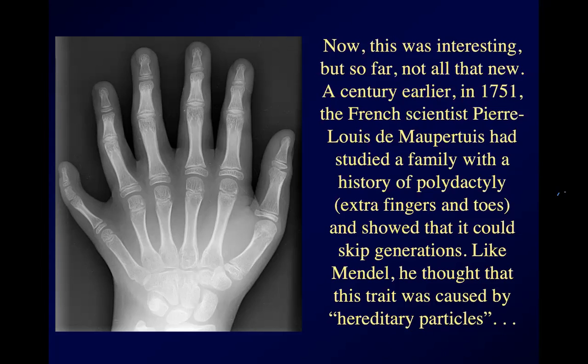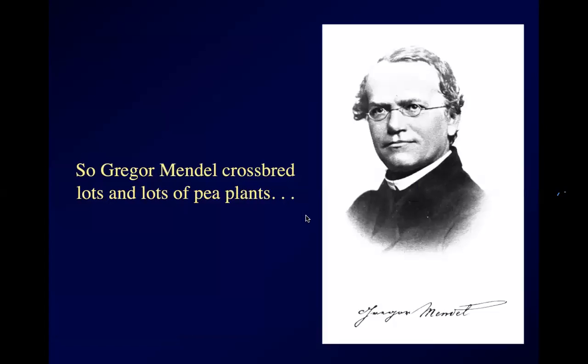Notice we're still very much in a black box. We've got something rattling around here, but we don't yet know what it is. This is why that first black box lab is important. We will get to this. But where Mendel went further than Maupertuis had ever done is not only that he crossbred lots and lots of pea plants, but he started counting how many pea plants with each trait he got from each cross. And that turned out to be the key to the mystery. And we will look at that